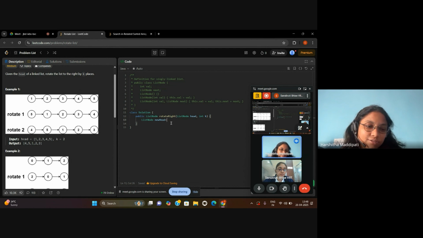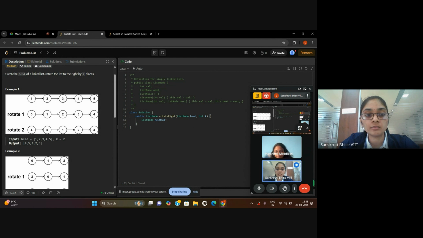Okay. What would be the time complexity and space complexity of this? I will traverse the whole list, which takes big O of n, the length of the linked list, and after that I will be attaching and detaching. I guess big O of n will be the time complexity.